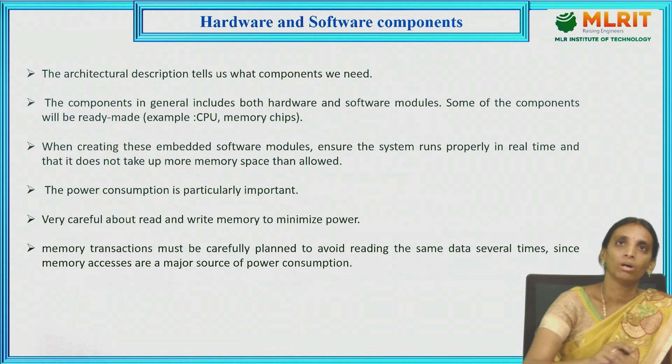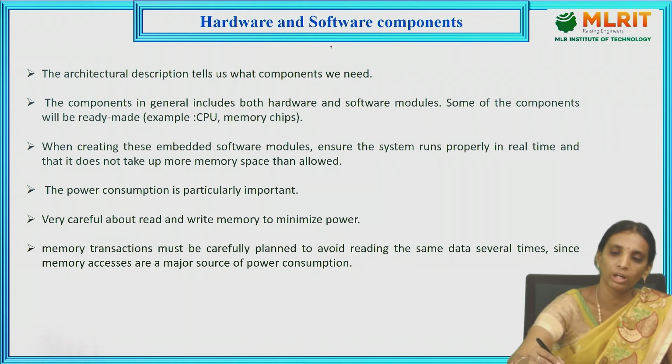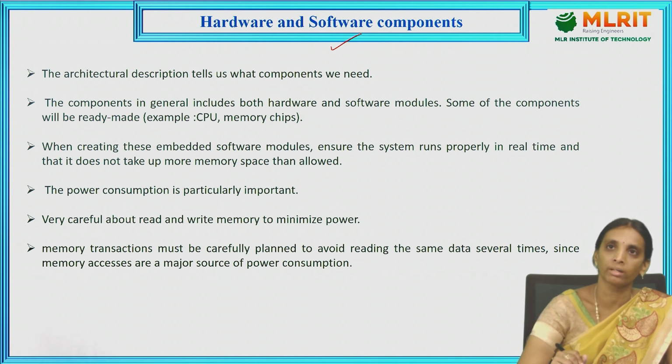The next step is hardware and software components. In the third step of the architectural design, we have the block diagram. From the block diagram, we know what components are required for designing the embedded system. Now for each and every component, what hardware material is required for designing each block in the block diagram? Like if we have the controller board in the block diagram, how can we select the controller? What is the process used for the selection of the particular controller? And what are the associated components used for that controller?